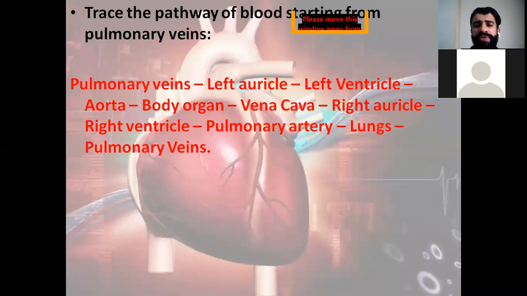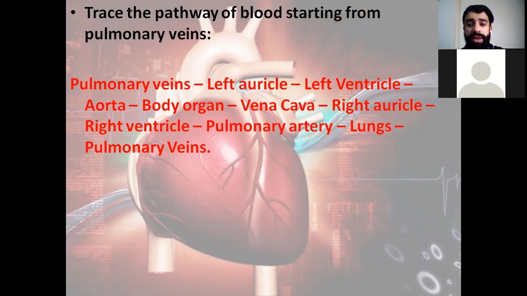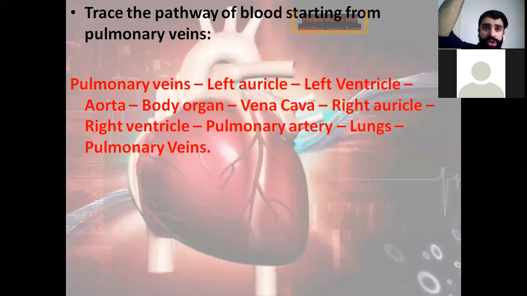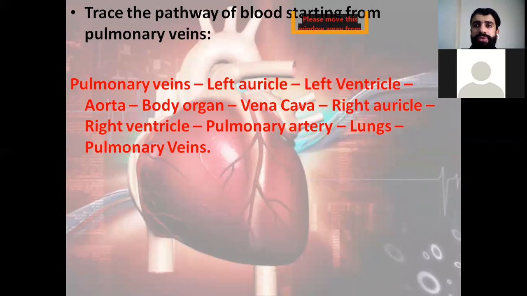Tracing the pathway of the blood, starting from the pulmonary vein. You have to study this pathway in order, starting from the pulmonary vein or from another part. Let's start here with the pulmonary vein. Starting from the pulmonary vein, we move to the left auricle, left ventricle, then the aorta, to the body organs, then the vena cava, right auricle, right ventricle, pulmonary artery, lungs, and then to